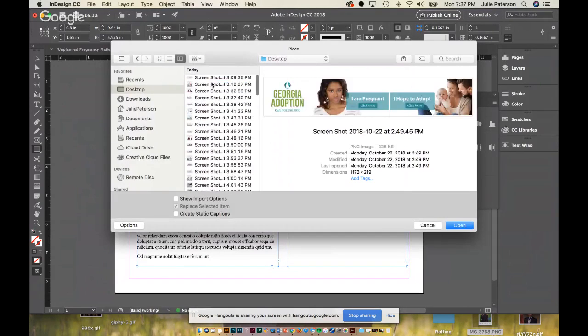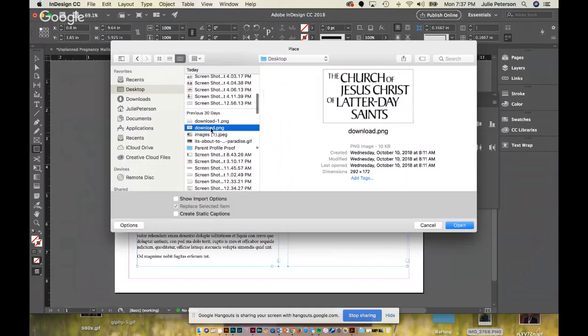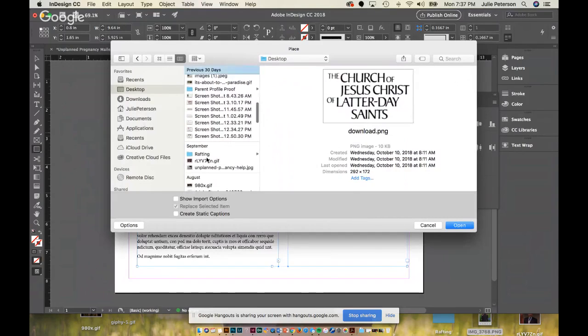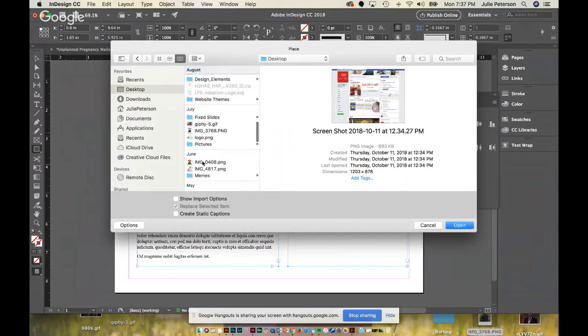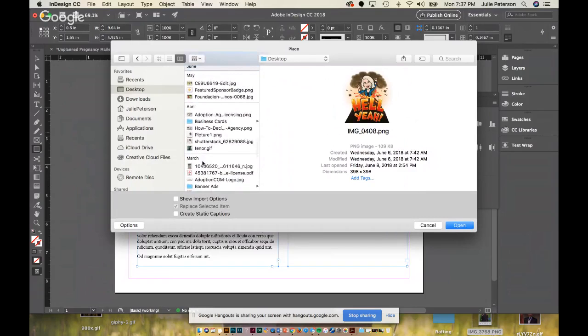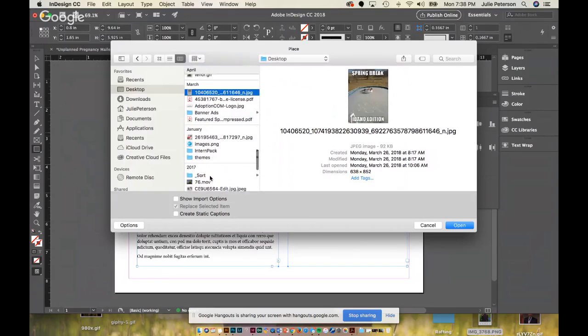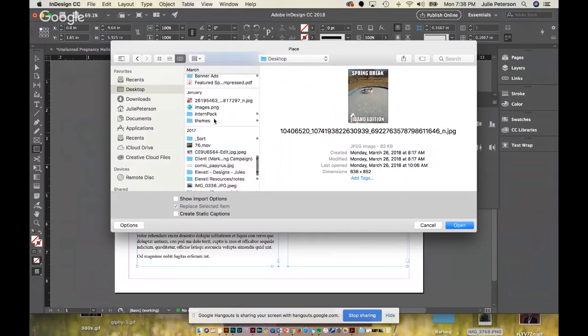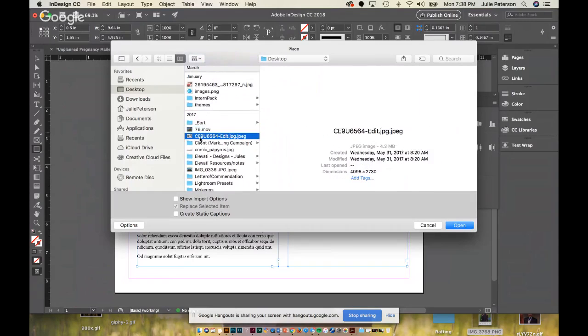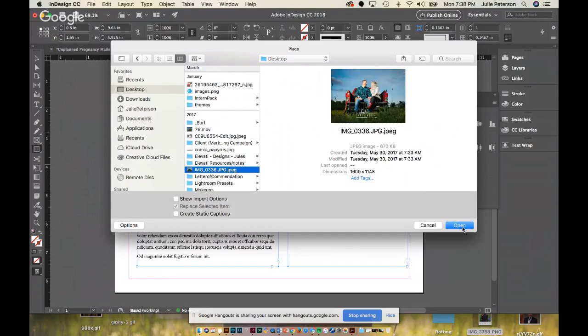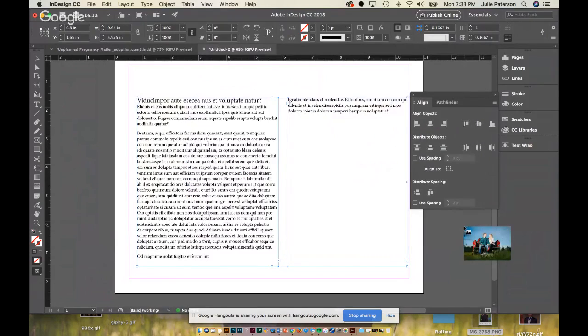Desktop. I have a lot of screenshots of ads that I'm doing right now. Those probably won't work. I've got to have images on here somewhere. Okay, cheesy, but we're just gonna use me and my husband.